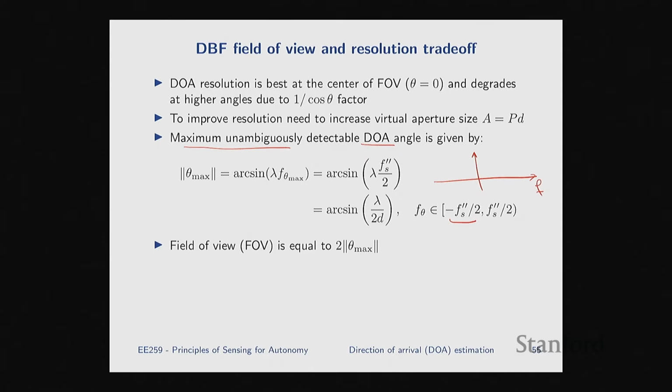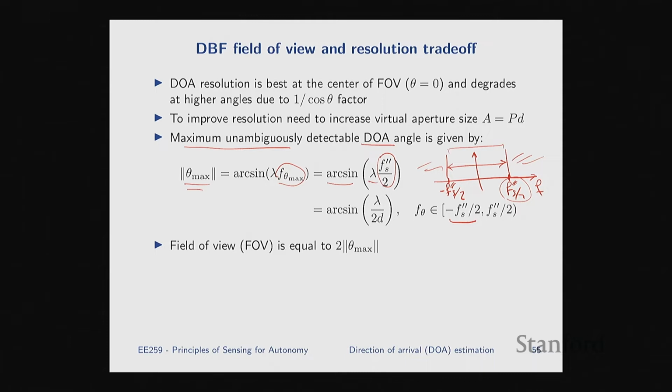And here, because our angle of arrival can be positive or negative, the period that we choose goes from minus the sampling rate f double prime s over 2 to f double prime s over 2. So this is the period that we look at when it comes to finding the angle of arrival. Anything outside this, we ignore because it's just a repetition of this first period. Okay, so if you restrict your search to that, the maximum angle that you can find is basically half your sampling rate. So your f theta max is just f double prime s over 2,